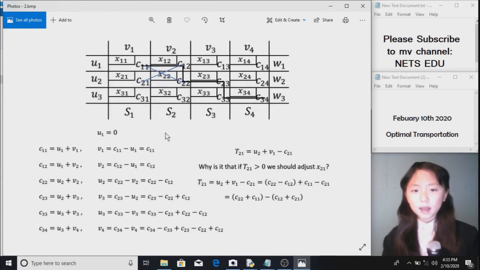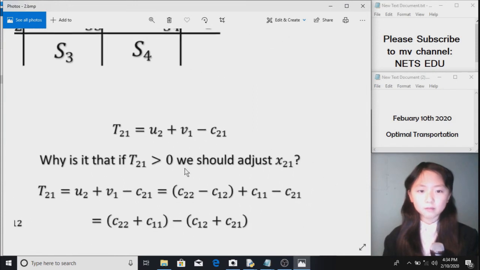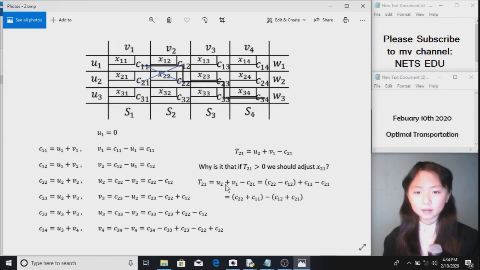Why is it that if Tij is greater than 0, we should adjust Xij? To explain, I will take a random square, for example row 2 and column 1. Why is it that if T21 is greater than 0, we should adjust X21? Here we have our formula for testing it, and we already got that U2 equals C22 minus C12. So it's actually this plus V1, which equals C11. Now this equals this. Wait, first, if C22 plus C11 minus C12 plus C21 is greater than 0,